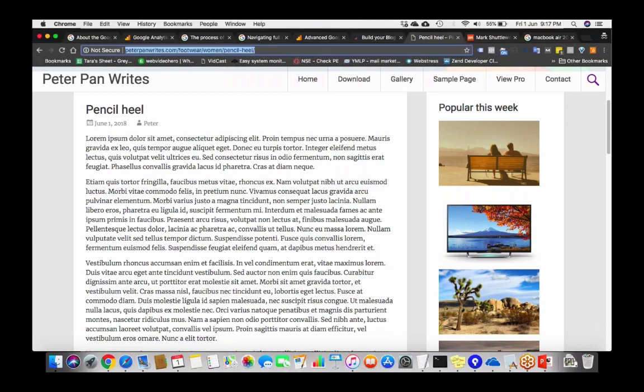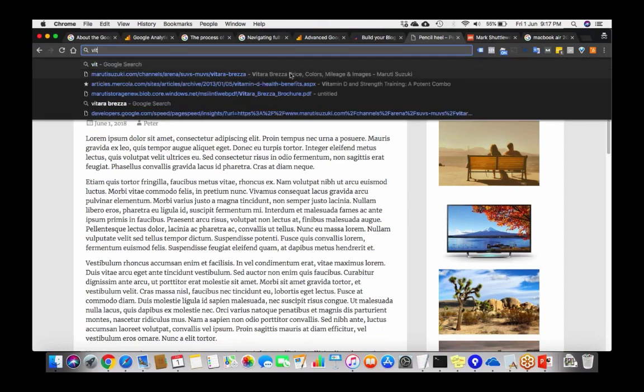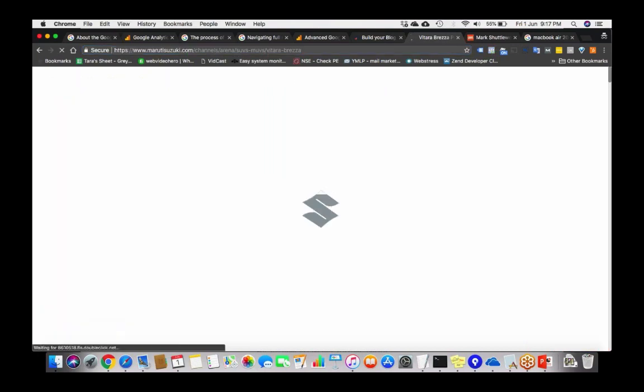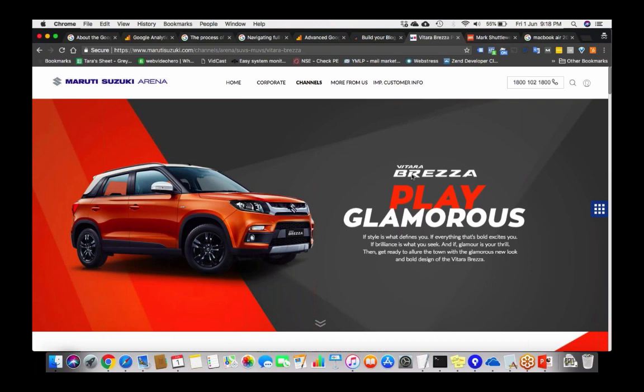So let's see a page like this Vitara Brezza on Maruti's website. Let us see. You have to notice that this page took a lot of time before it loaded completely. Let me reload this, and you notice once again. Is this page loading fast enough, or is it taking time? I'm on a 40 Mbps connection right now, and still it took some time. Okay, this is not a good